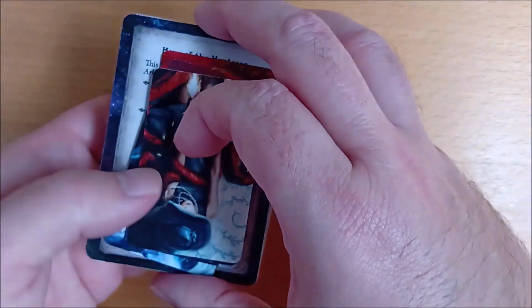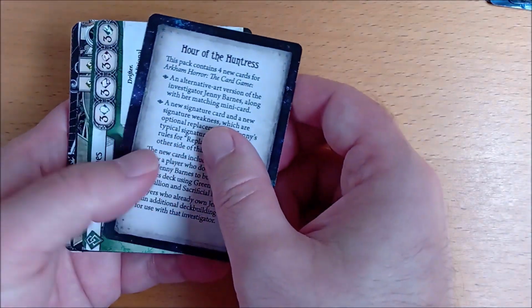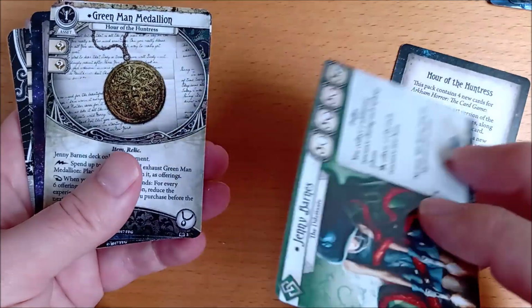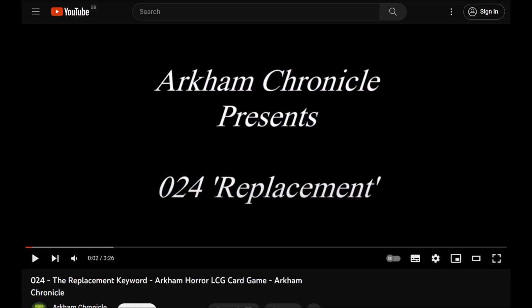There is no handy Ziploc bag and everything is bundled together with the mini cards on top. The cards are packed in publication order, handily separated by the rule cards which you don't need 7 copies of. They just explain the replacement keyword if your internet is down and you don't have time to watch a 3-minute